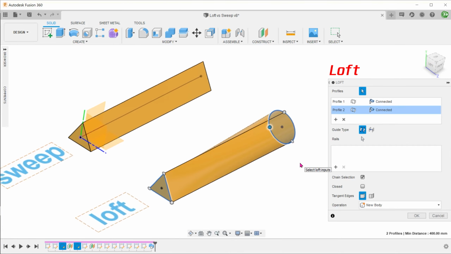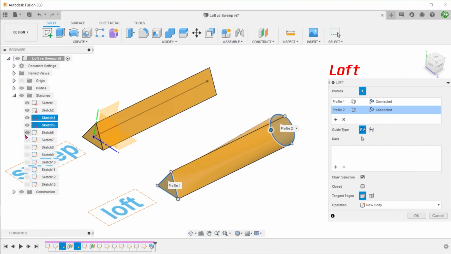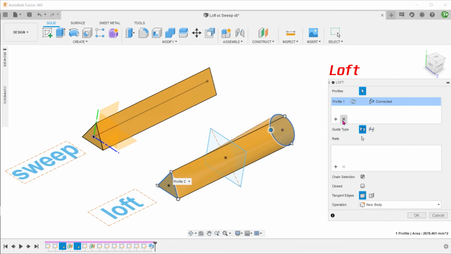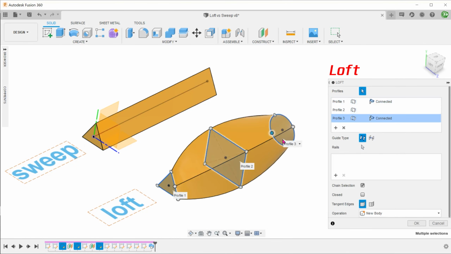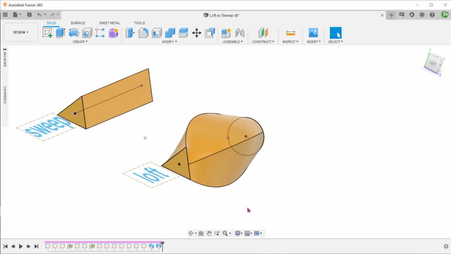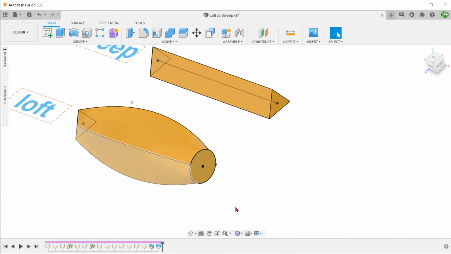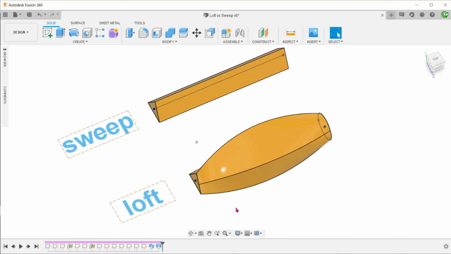In the loft command, we can have more than two profiles. For example, we can insert a square profile in the middle. In contrast, for the sweep command, only one profile can be used, no more, no less.